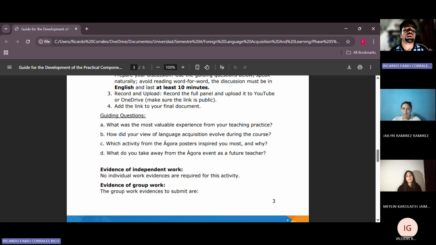And now let's continue with the question. Which activity from the Agora poster inspired you most and why?